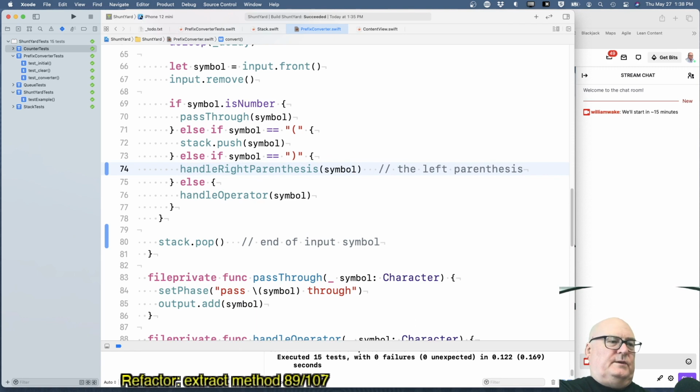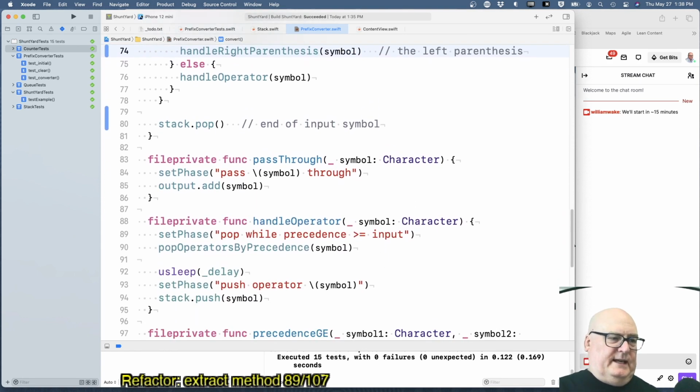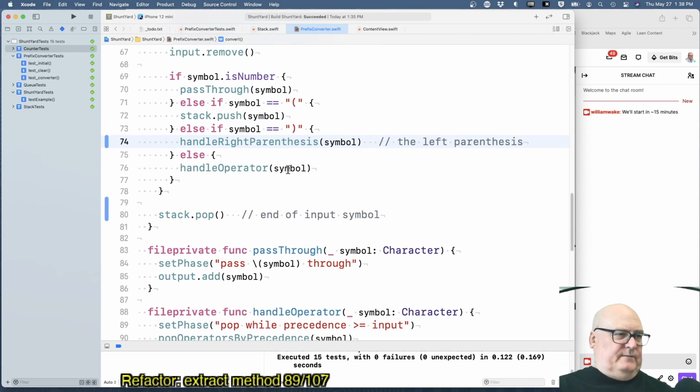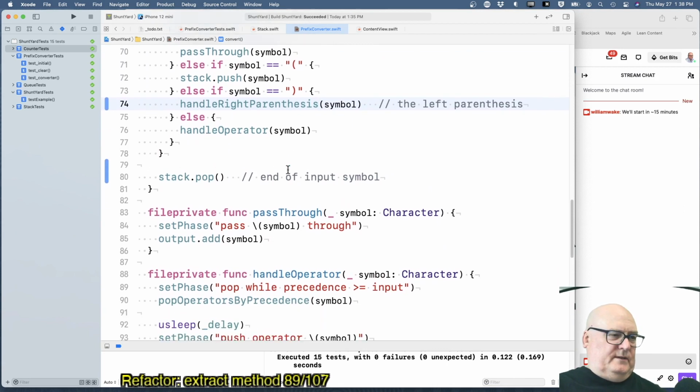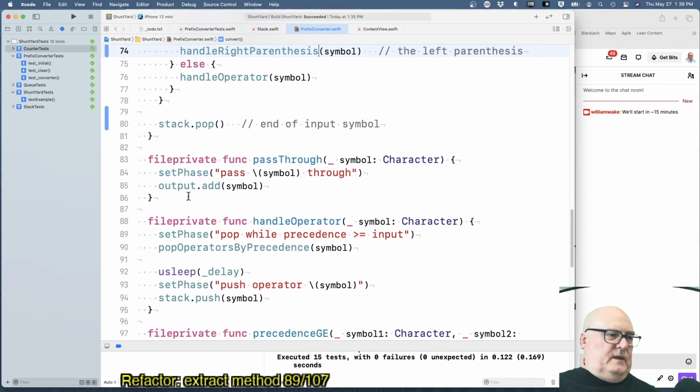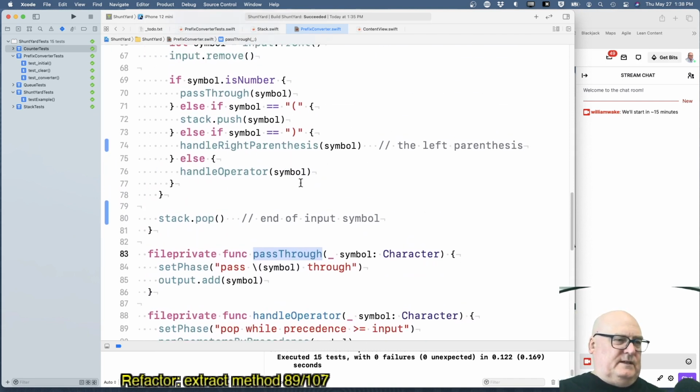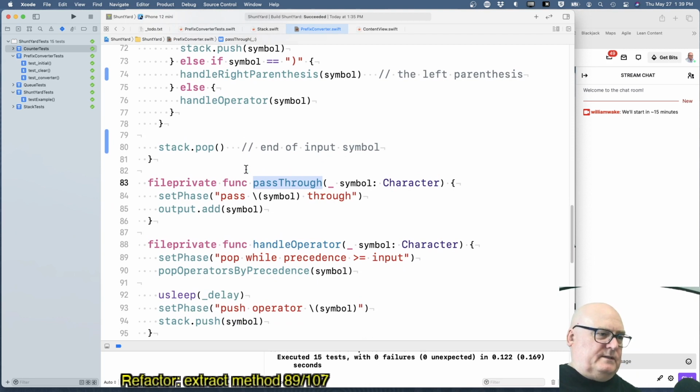If I weren't doing the visualizations and I just had 2 lines like that on both of these, I'd be very tempted to leave them there. And this one too. I mean, this function stuff, I'd be happy if this thing were: if symbol is number, output add symbol, otherwise push a left parenthesis, otherwise